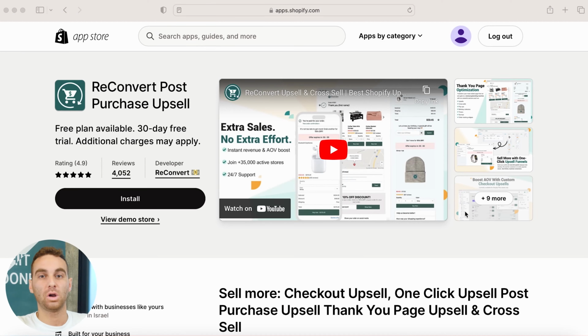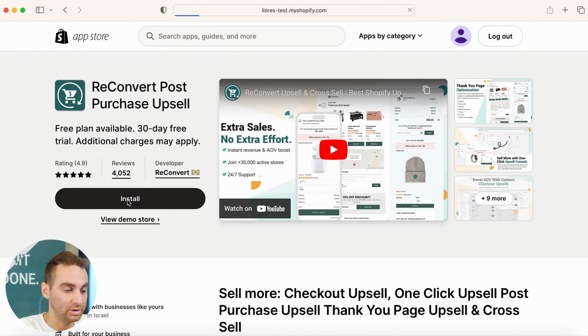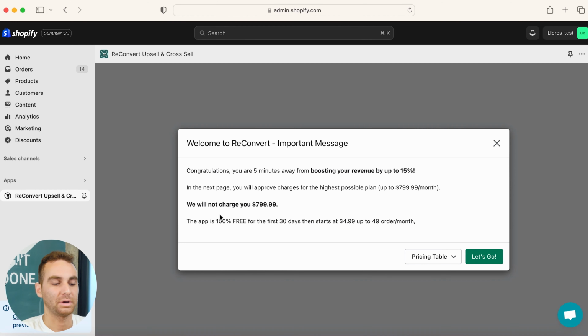The first thing we're going to want to do is go into the Shopify App Store and go to the app listing for ReConvert post-purchase upsell. Now we're going to install the app. So now we're going to get this message, and obviously right here in bold, you see we will not charge you